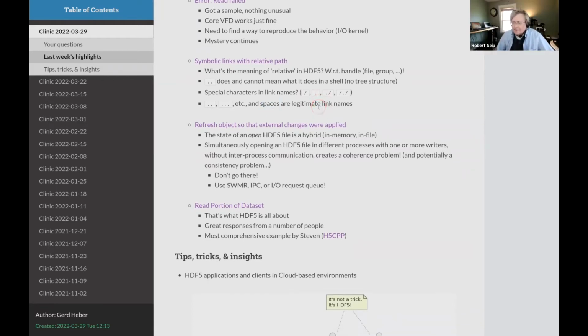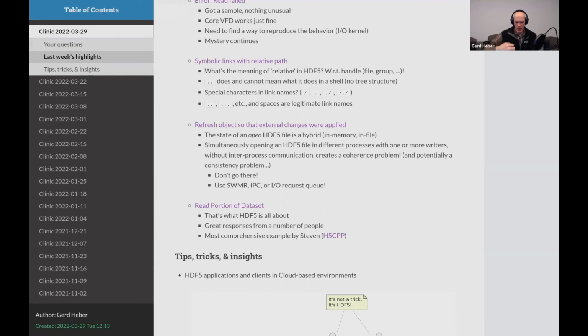Gerd, yes. I had a question. Do you think that the perception of the original poster regarding /DSET with the Unix convention is widely held among HDF5 users? It seems like it might be. Yeah, and unfortunately, it is a misconception, because the HDF5 library will look at that link name and think, okay,